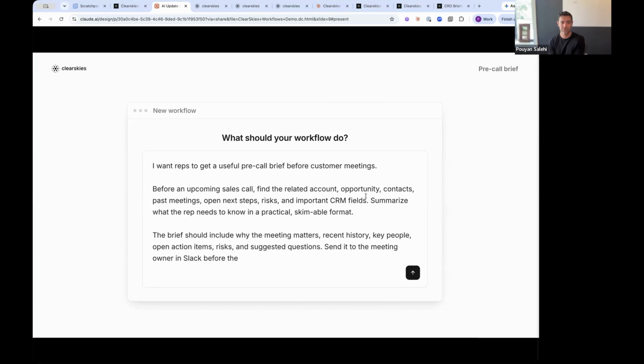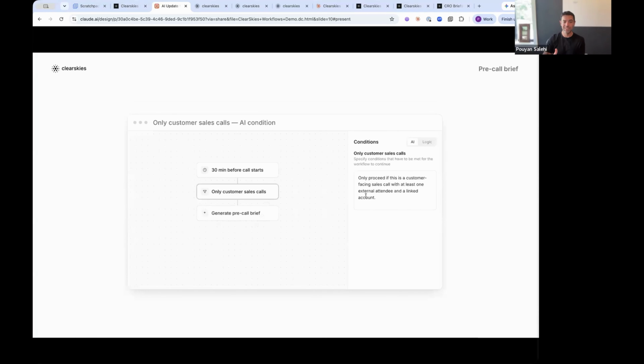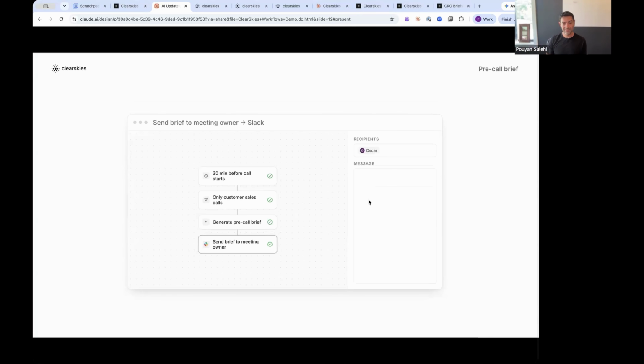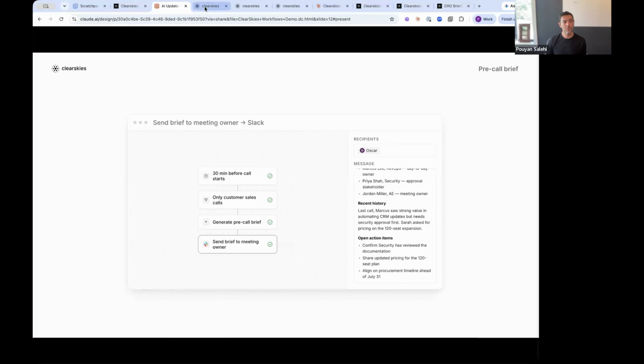So again, just in natural language, we wrote out to the best of our ability what we thought we needed. The system then actually builds out the logic. You can refine any specific parts that you want. You can run a test just to make sure, yep, it's working well. I got the output that I want. And this part, again, is really important because you're creating an iteration loop before you're actually pushing anything live to production in your team and making sure you're getting it to the right level that you want. And then that's it. And in this case, this just goes to Slack. So I can show you,